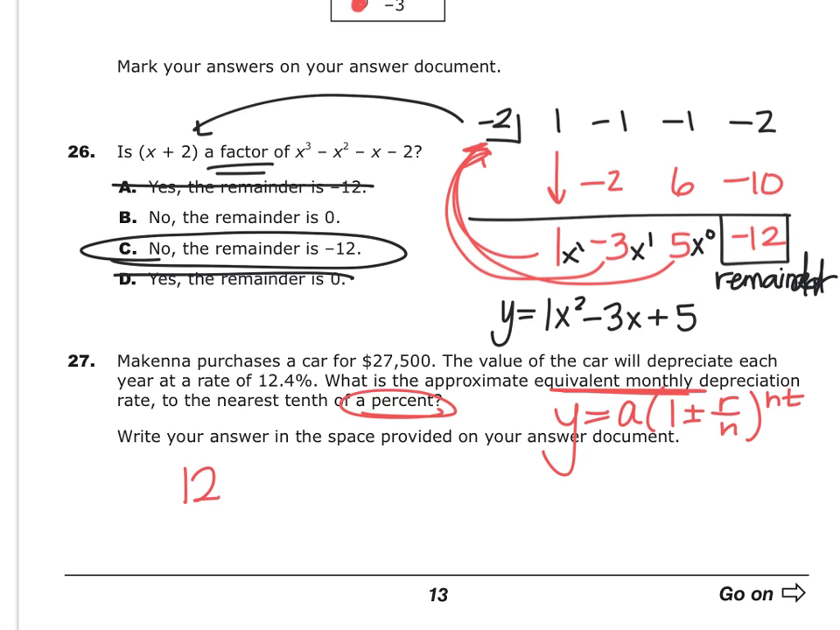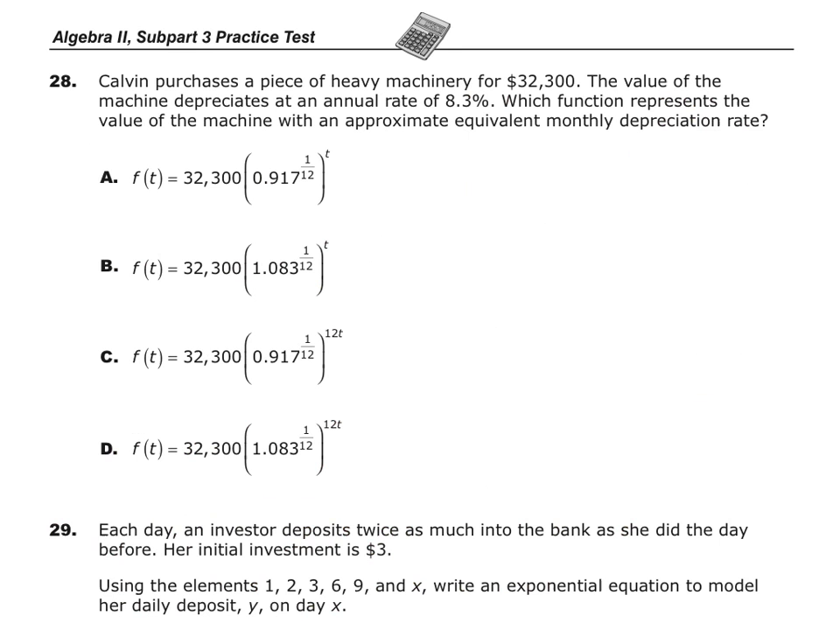So I'm just going to do the percentage that they give me for the year and divide that by 12 because there's 12 months in a year. And the answer we're going to get here is going to be 1, it says to the nearest tenth, so that's just 1.0%. All right, using that same equation from the previous question,